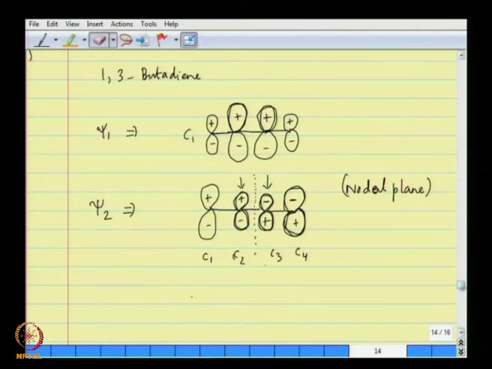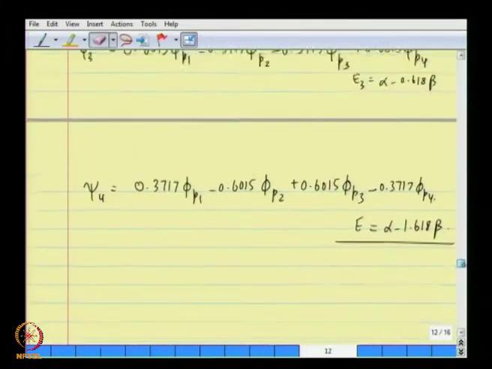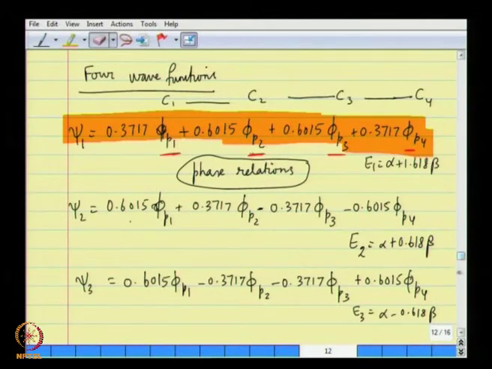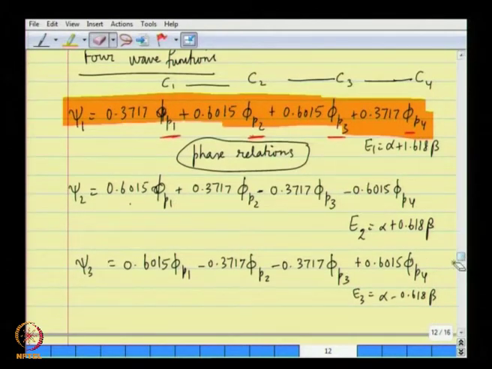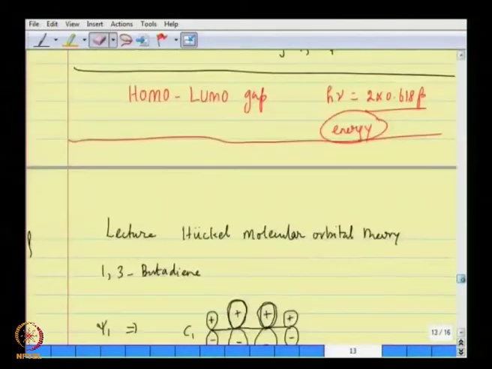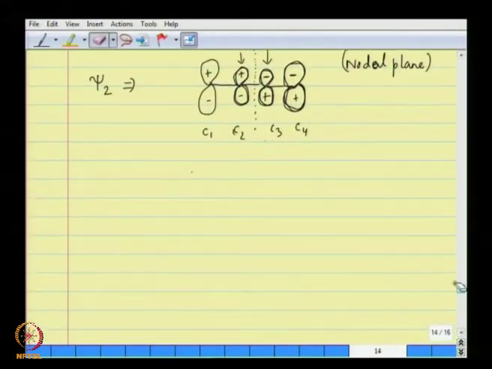What about psi 3? Psi 3 has again 1 and 4 larger, so it is the same picture, but 2 and 3 negative. So all that we need to do for psi 3, 1 and 4 larger, 2 and 3 smaller,